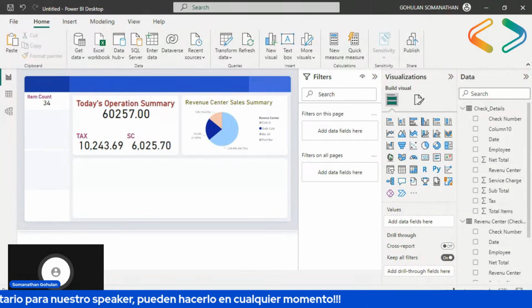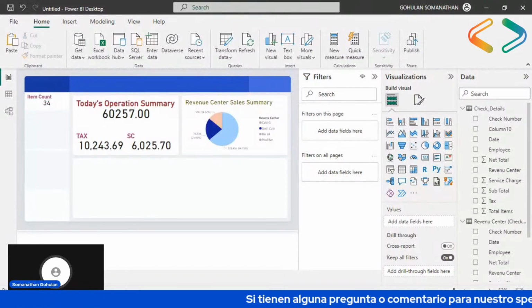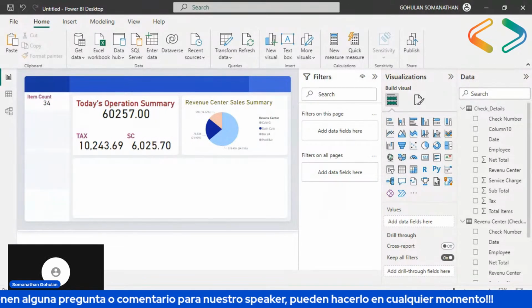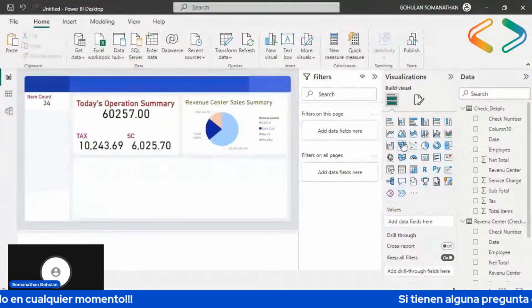So I'm going to take a column or stacked clustered bar, or column bar. Let me create a chart. I'm going to take a bar chart or funnel chart into the dashboard.